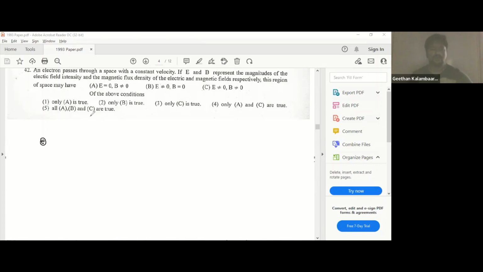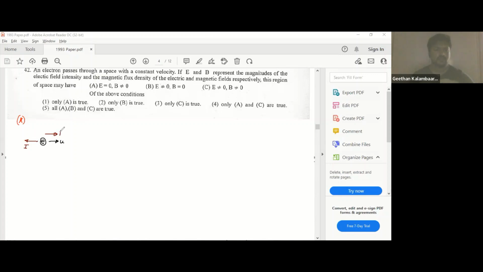We have to assess each and every one of these scenarios. Statement A: we'll check whether it is correct. Electric field is zero, there is no electric field, but there is a magnetic field. If the electron goes this way, the direction of current is opposite, because the electron is a negative charge and the direction of positive charges is known as the direction of current. So this is the direction of current, I. If you have B also towards this direction or the opposite, either of them,